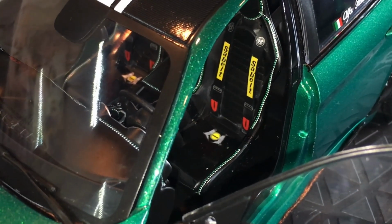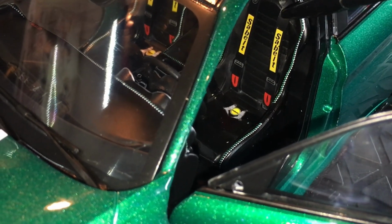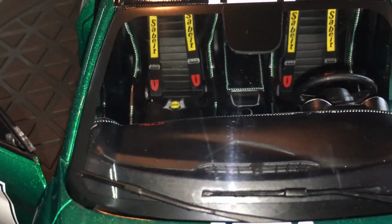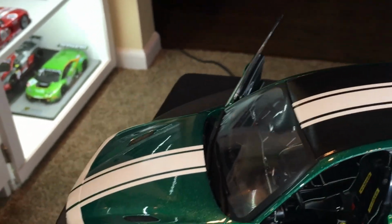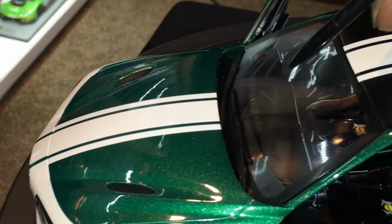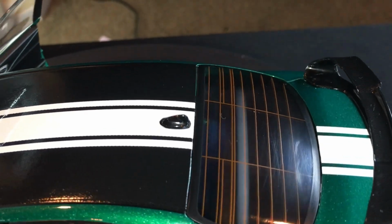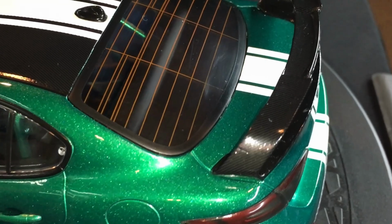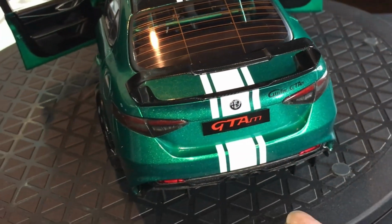Again, I can't get enough of how well painted the seats are with all the detail. The symbol right there on the seat belt. I just would never have expected this from a model at this price point. As I mentioned before, the striping is very nicely, evenly done. You have this molded spoiler, so you can see a little of the carbon fiber pattern in there. It's not the best, but...